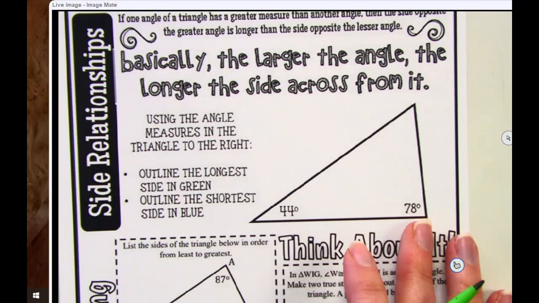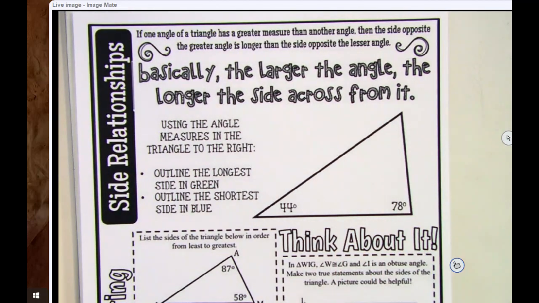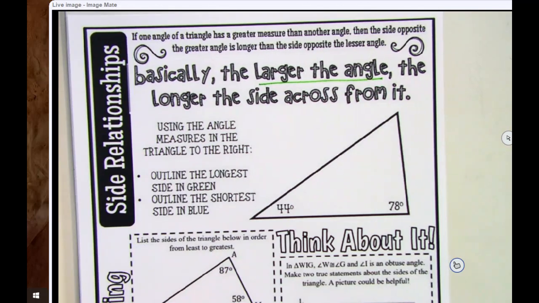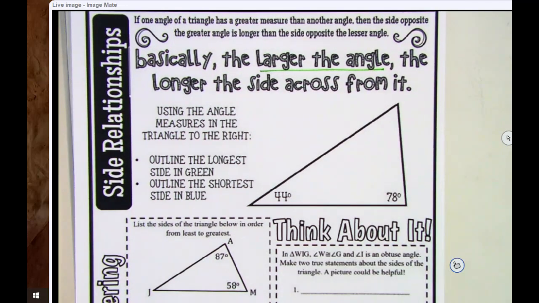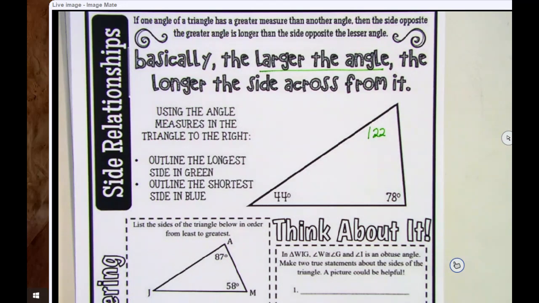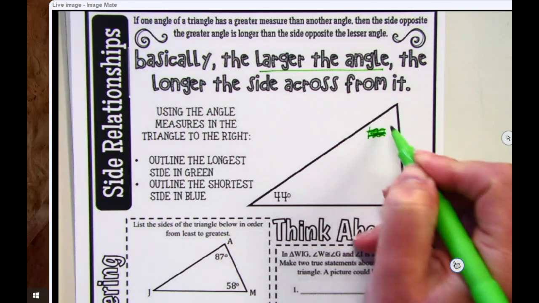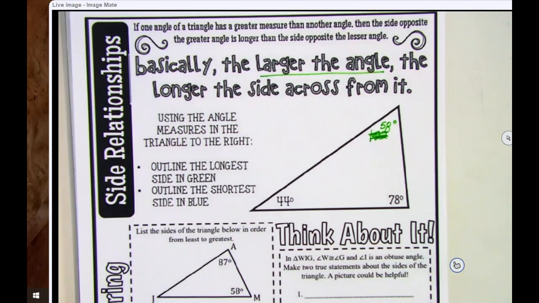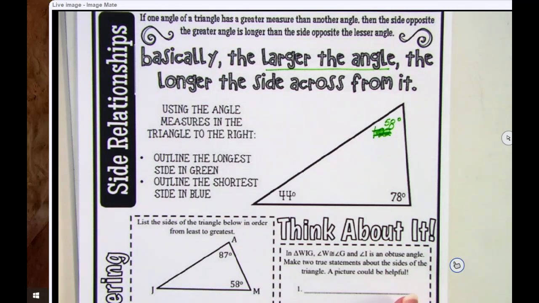And then we've got the converse. So it's saying the reverse. The larger the angle, guess what? The larger the side. So it's the exact opposite. Help me figure out really quick, what is the measure of that angle right there? Somebody got a calculator handy for me? Reagan's got it going on. 122? That's not. Oh, you added and we needed to subtract. Yeah. Sorry, I'm with you. You were there, I wasn't. 58 degrees right there. So use the angle measures in the triangle to the right to outline the longest side